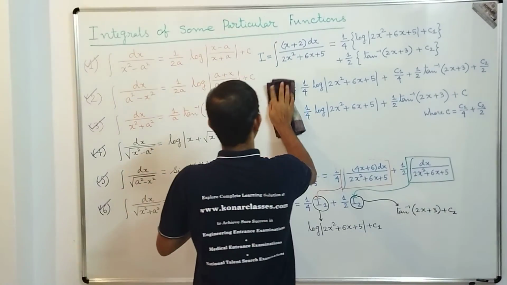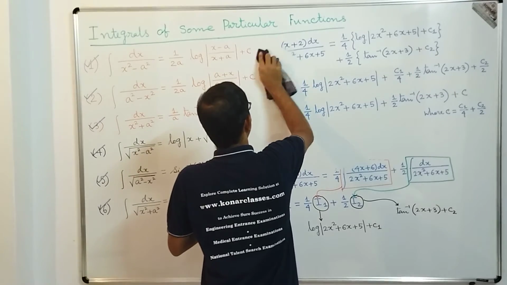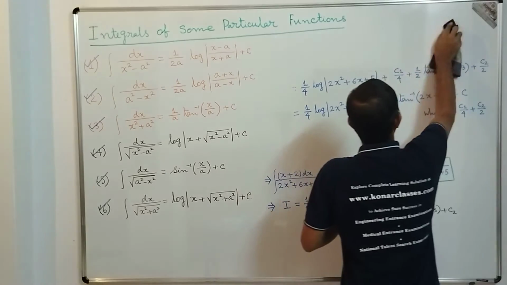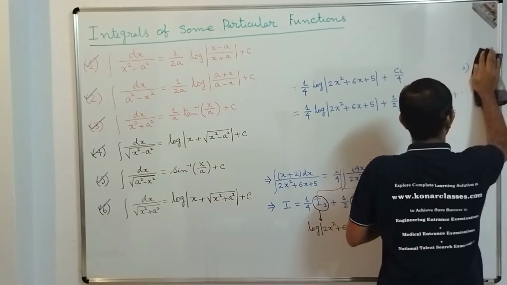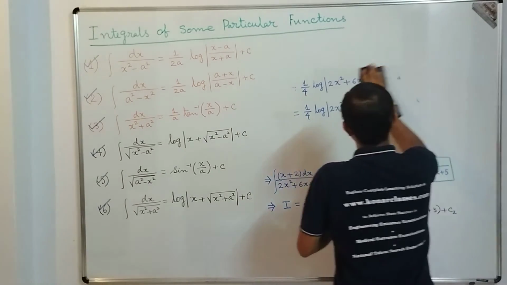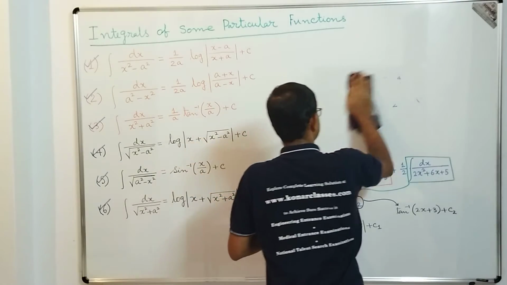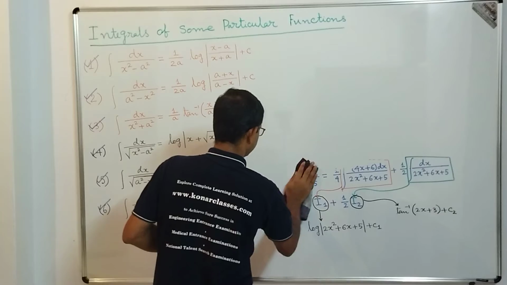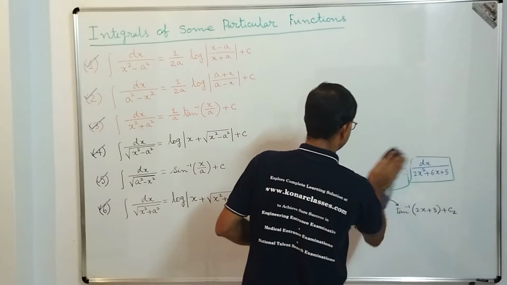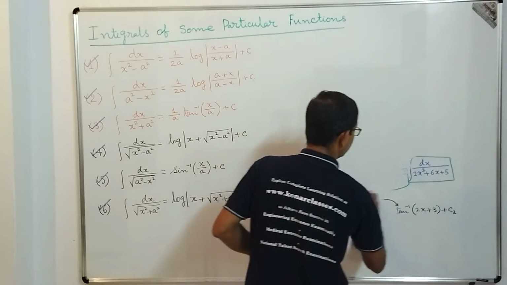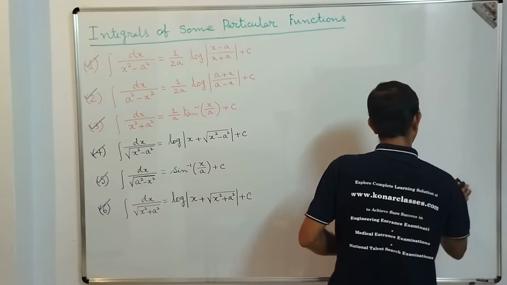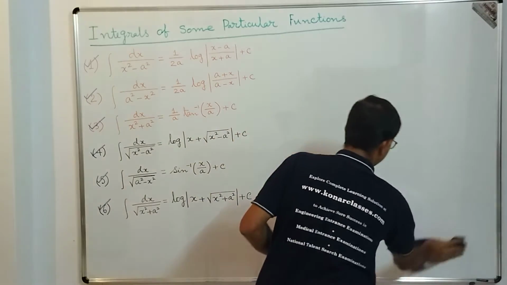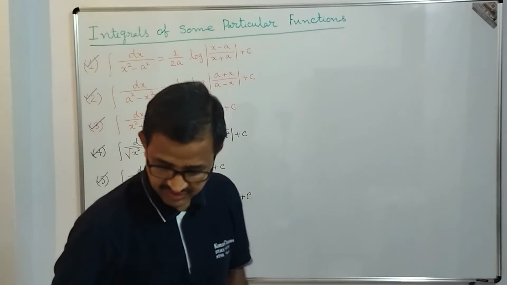That will be a different form, where the denominator will be the square root of a quadratic expression. So we discussed two forms, no? One is that the numerator is a linear expression and the denominator is a quadratic expression, that we have just done with a representative question. The second one, what we are going to do, is that the numerator will be a linear expression, but the denominator will be a square root of a quadratic expression. Let me write this question first.